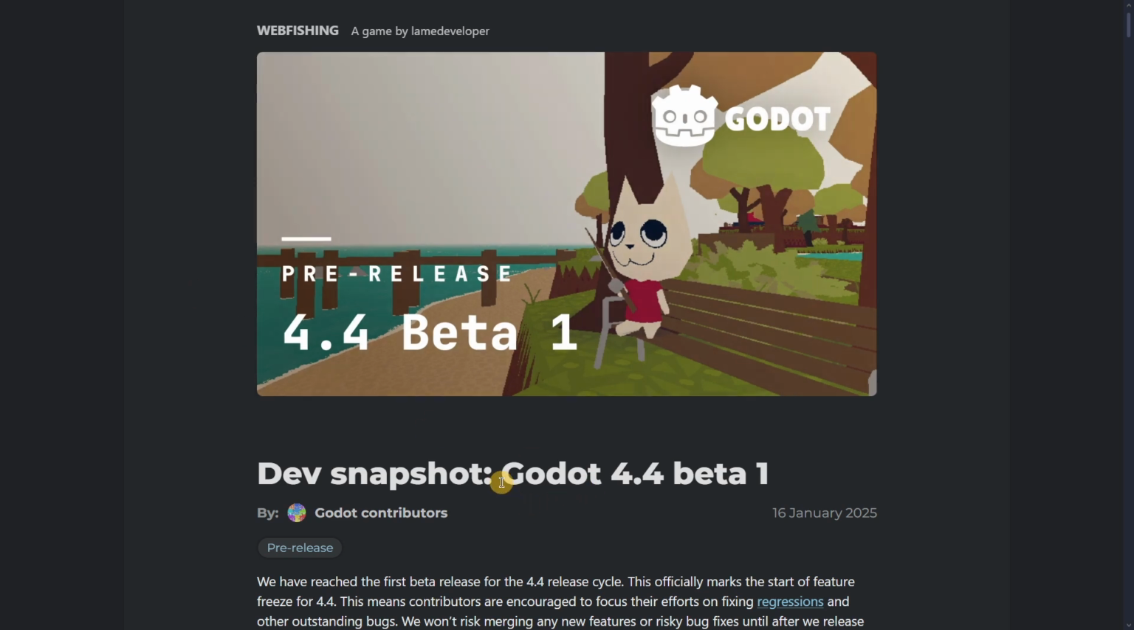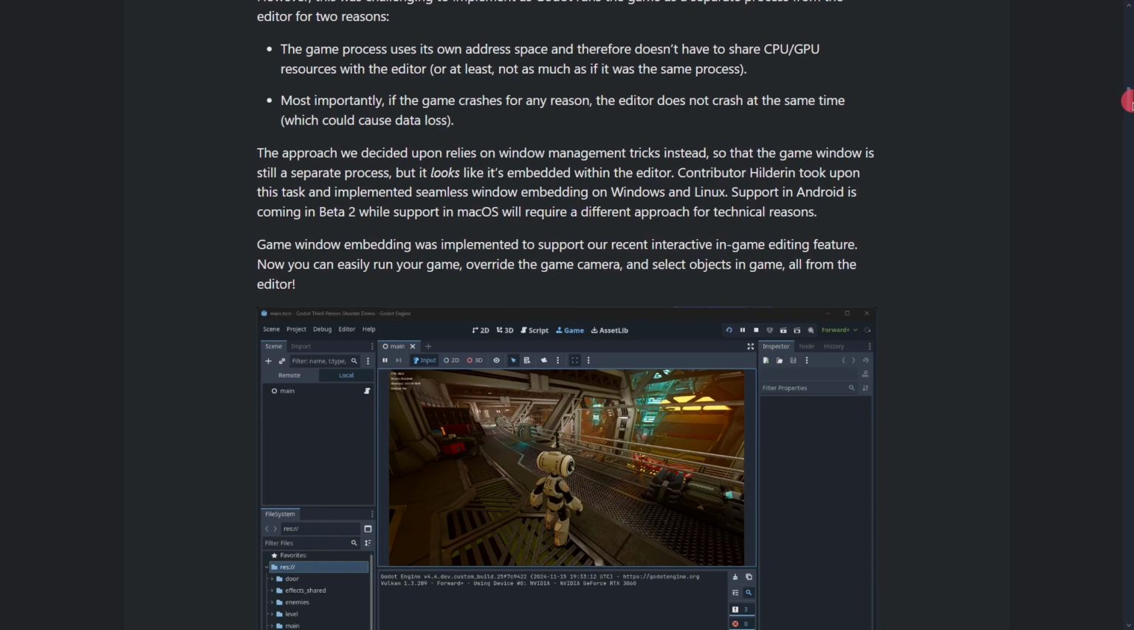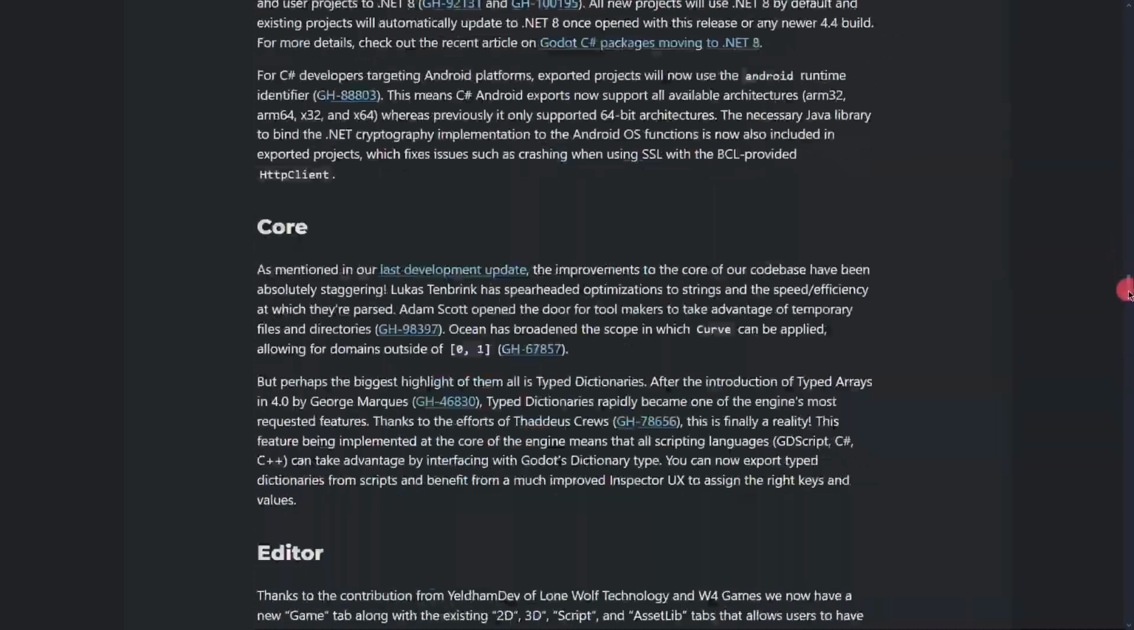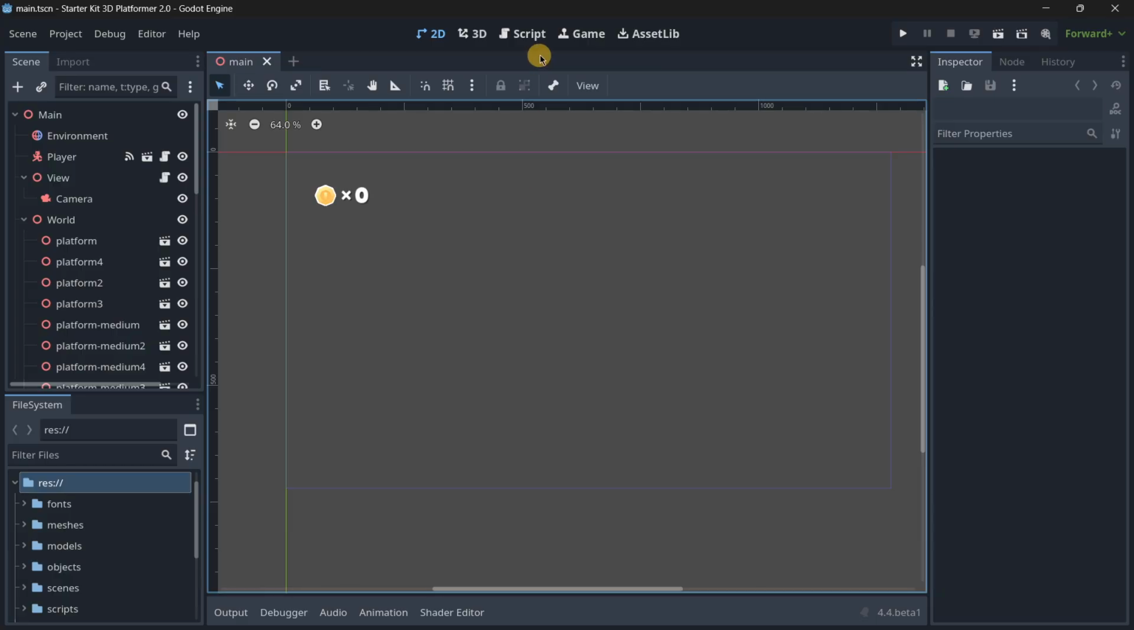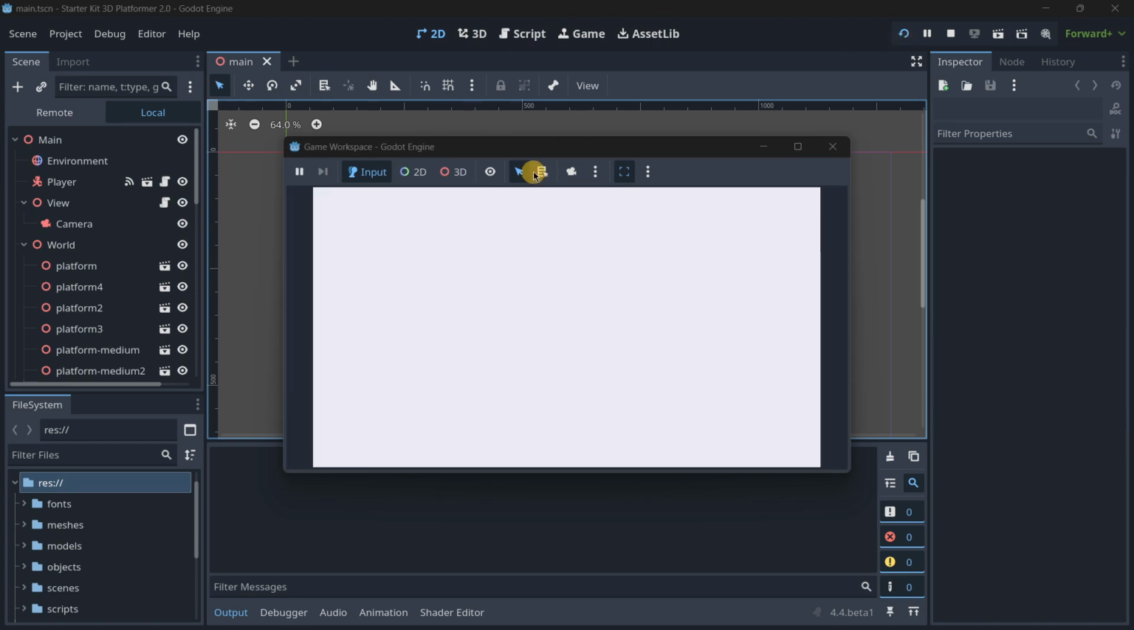In this one we are going to be checking out Godot 4.4 Beta 1 that was just released. As you can see, we actually have lots of new things over here, but I'm going to quickly go over the most important ones. First of all, we have this new game tab over here, and if we press play,